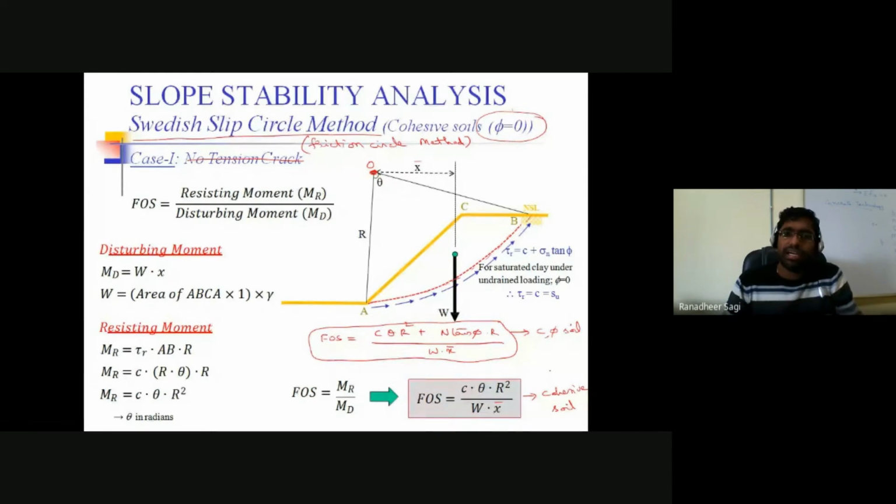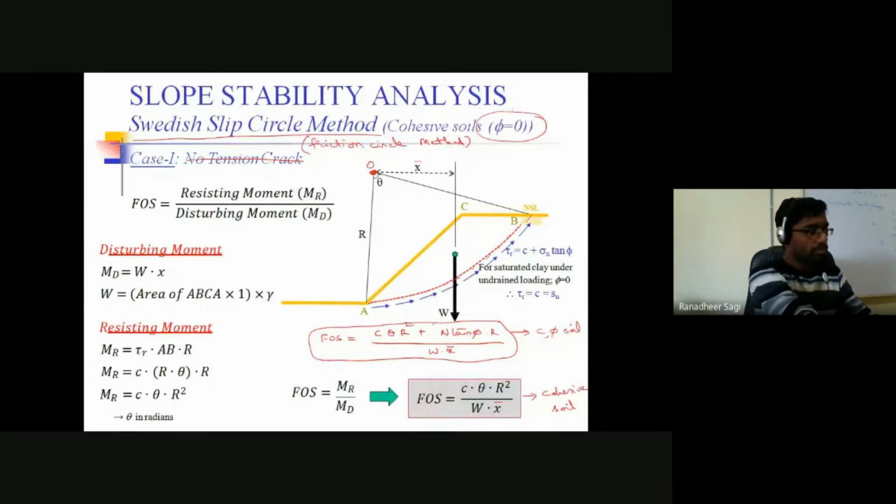In general, whenever we talk about the construction of man-made, engineered slopes, mostly what we look at is a purely clayey type of soil deposit used in the construction of such slopes. However, in some cases, if both c and phi parameters do exist for the soil, in such a case also, we know how to estimate the factor of safety of that particular slope.